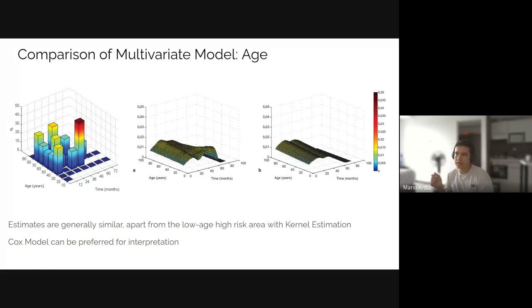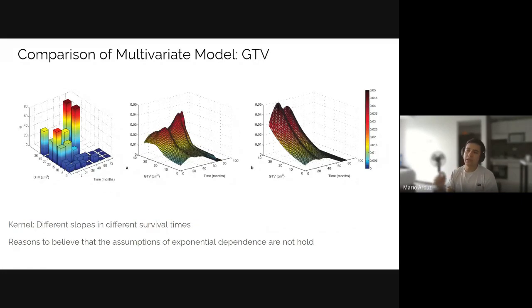So in this case, they say, okay, we can prefer the Cox model because we are not going to stress the assumption of the exponential relation between our covariates and the results of the hazard function. Whereas in the case of analyzing the volume of the